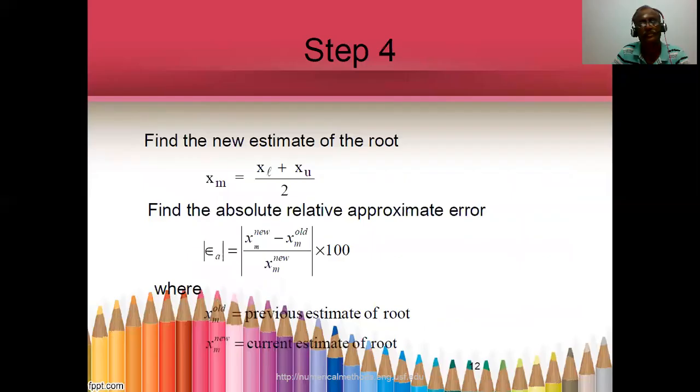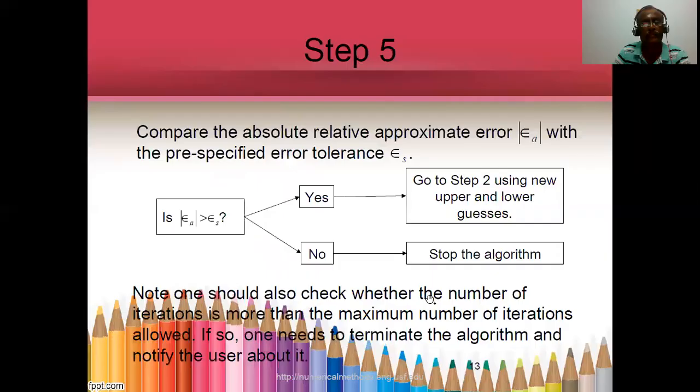If we want 4-digit accuracy, then the difference between two successive values must be less than or equal to 0.0005. So the absolute error will be epsilon A equal to (xm new minus xm old) by xm new into 100. This is called the absolute relative error. And we compare the absolute relative error epsilon A with the pre-specified error tolerance limit, 3-digit or 4-digit limit. If it is less than the tolerance limit,